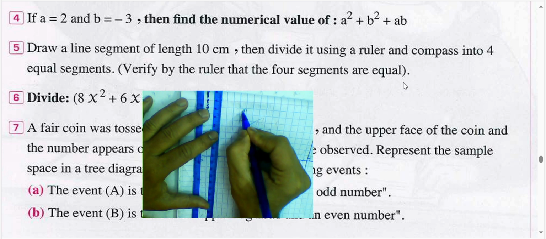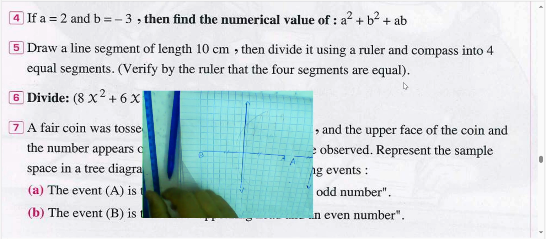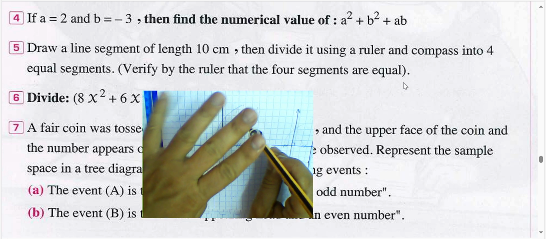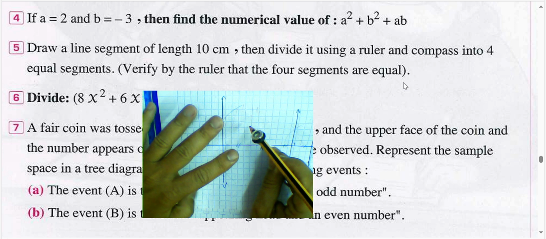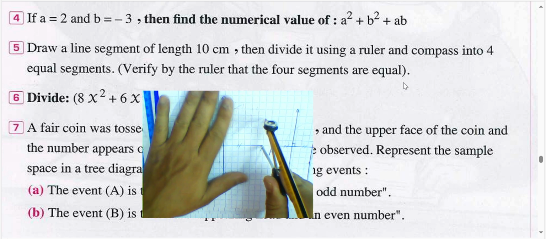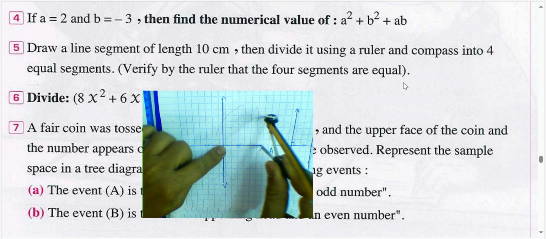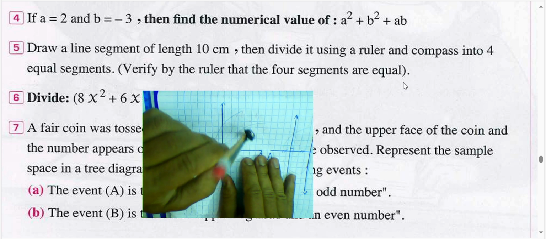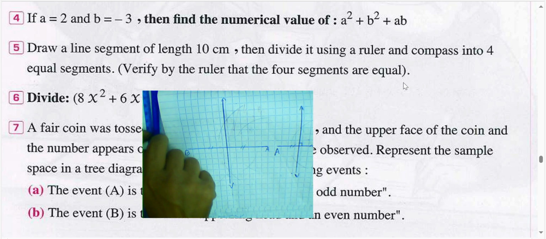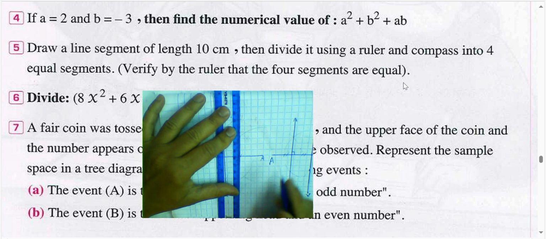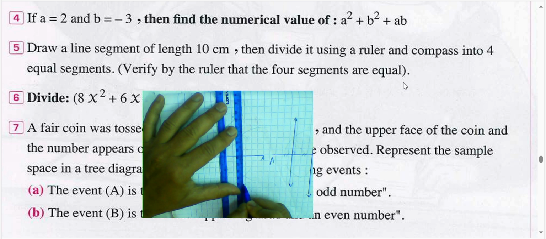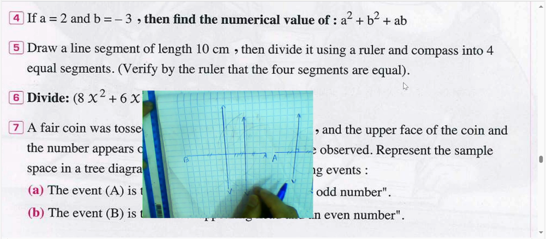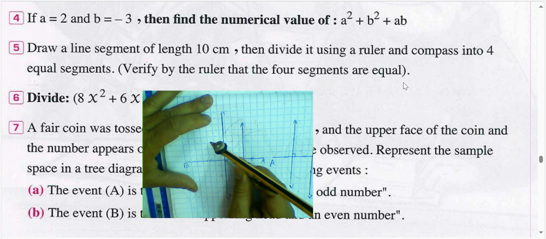This line of symmetry divides AB into equal parts, and then we start from point A here, because you want to divide this line segment into 4 equal parts. Then you can cancel this part and start from A and the midpoint and draw an arc up and an arc down, and then from this point do an arc up and down, and then come to this point and this point, and draw the second line of symmetry, and then go to the midpoint here,